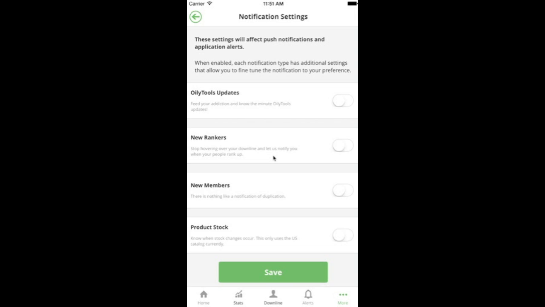Before we get started, the first thing you want to do when you open Oily Tools is look for this Alerts tab in the bottom. If you don't have this tab, it means that you don't have the latest version of Oily Tools that supports the new push notification feature, and you're going to want to go update your Oily Tools in your App Store